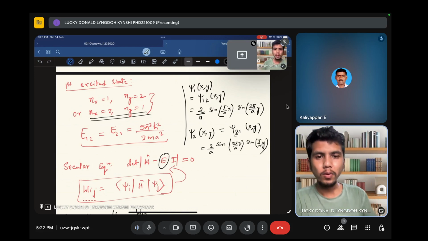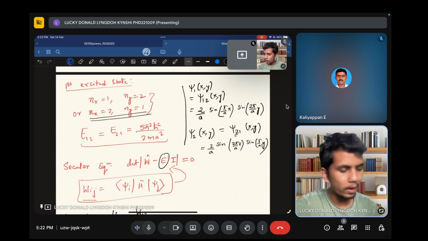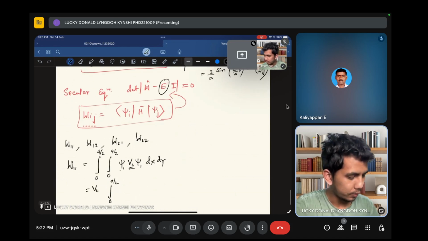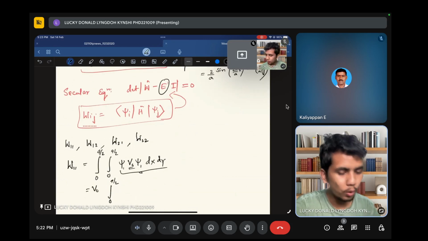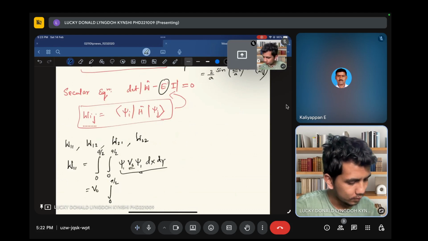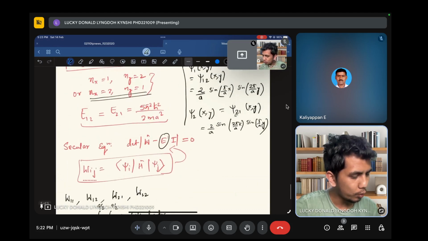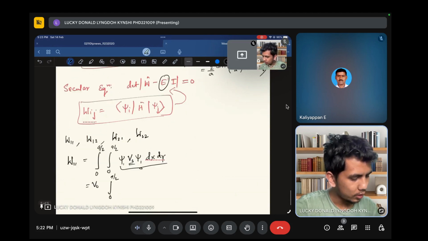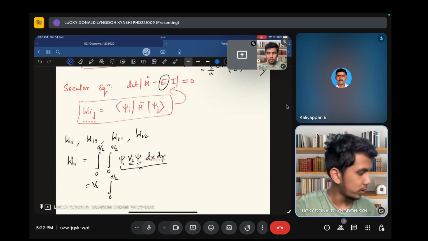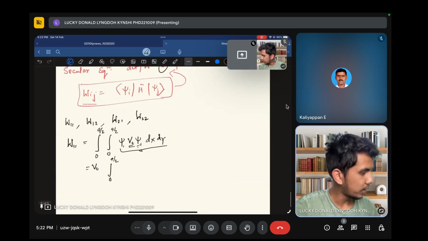Now you know the wave function. Why do I write this wave function? Because you will need it to solve this part here. You need the wave function psi for the first excited state. So now psi 1, you can put this one, psi 1, and again psi 1 will be psi 1 squared. So you will get something like